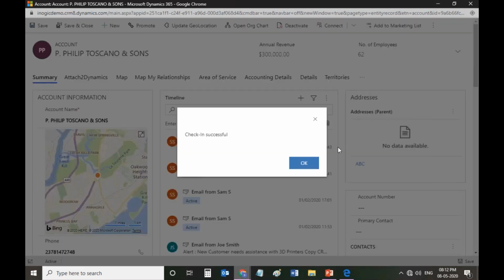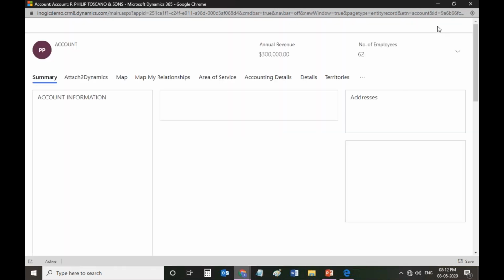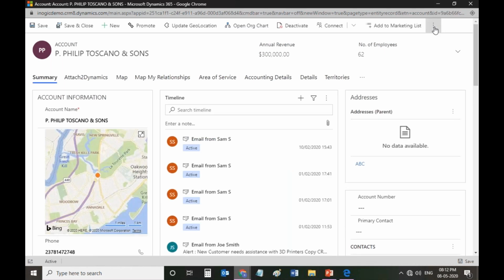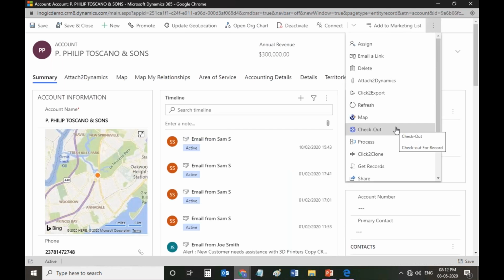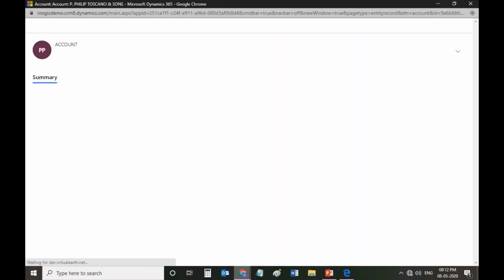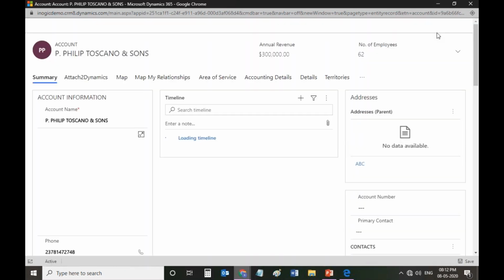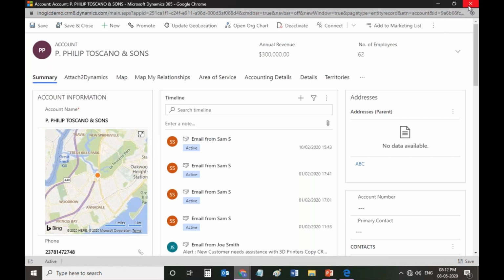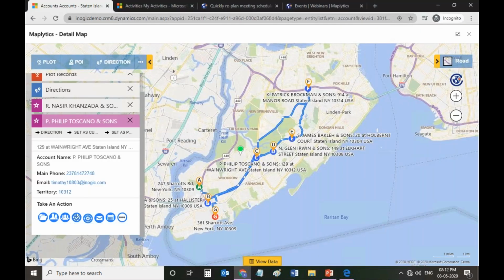So you can check in and again you can check out. The same button will show you the checkout button. So this is how you can check in and check out. Right. So this is the first perspective of using the check-in feature, which is the perspective of the salesperson who is on the field.